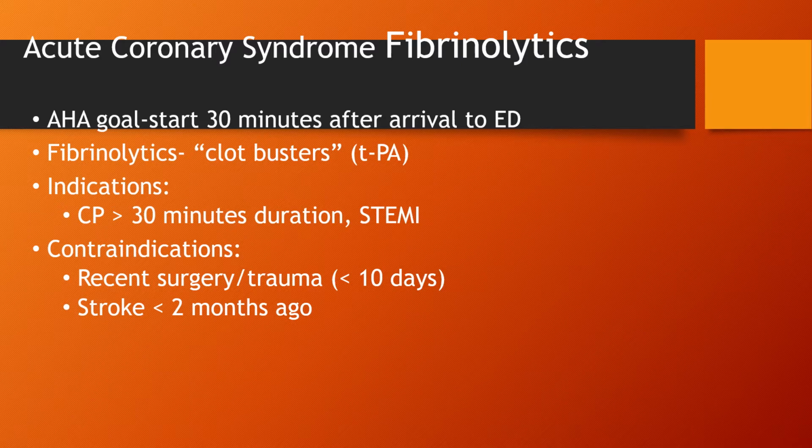It's indicated with patients with chest pain greater than 30 minutes in duration and with a STEMI. And a STEMI is ST elevation, and it's an MI. Okay? It's contraindicated in recent surgery or trauma, less than 10 days out from those, or a stroke less than 2 months. It can cause bleeding to reoccur in those surgery and trauma patients, and for stroke victims, it could